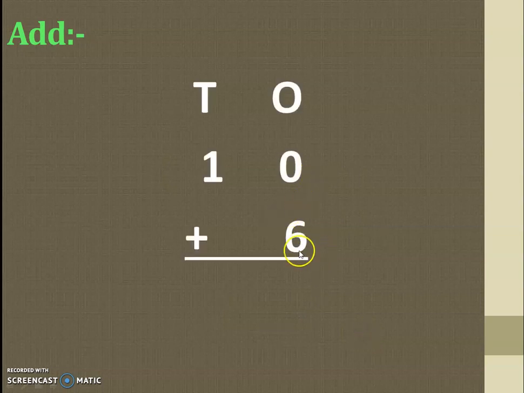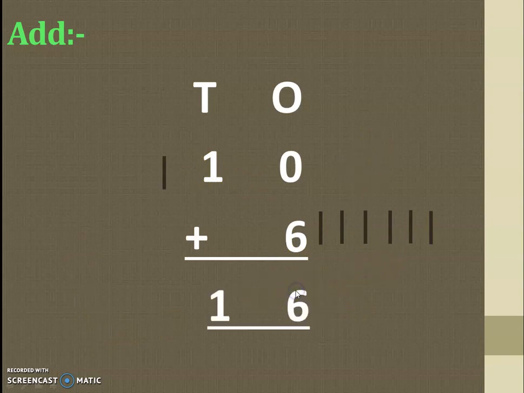One more number, one more addition, shall we check? Yes, it is 10 and 6 because it is 0, no sticks here. Only here we'll put sticks. 1, 2, 3, 4, 5, 6 sticks. Here 1, 1. Yes. Here 0 with 6. It is 6. That's all. And here it is 1. I am putting as it is 1. Okay. Here 0 with 6 will give you the same 6. Because 0 means nothing. Nothing plus 6 is 6. Here 1.